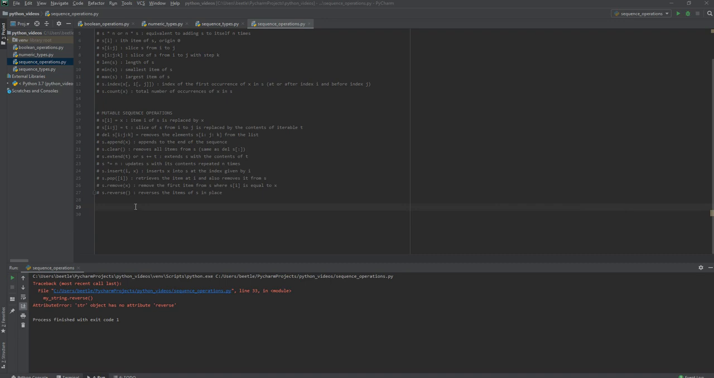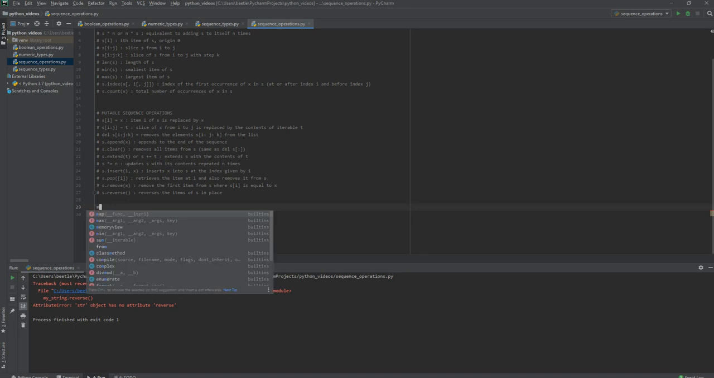In the last video I had some confusion over trying to use mutable sequence operations on strings, but actually you won't be able to use a lot of these. Mutable sequence operations won't be applied directly to strings as they work on lists, because you have to assign a new string value. So for example,